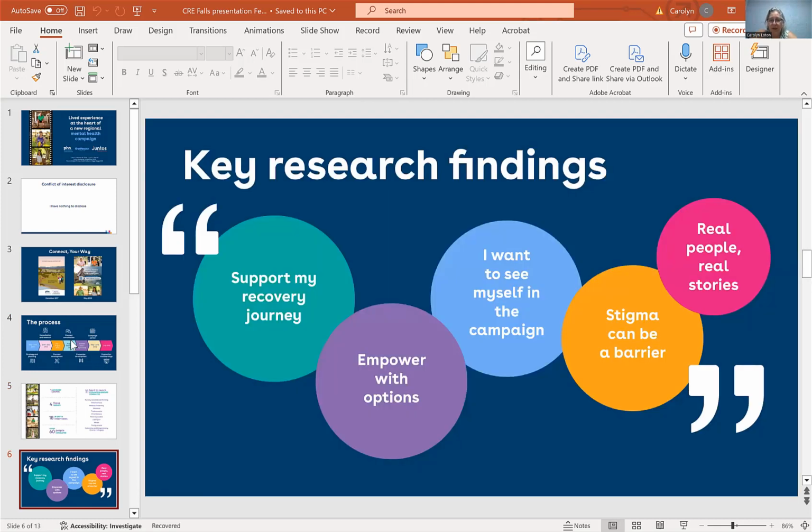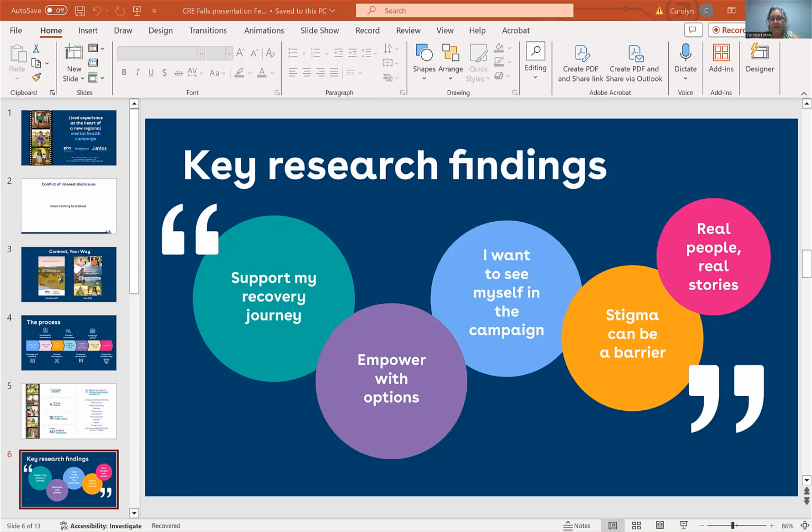What our research found were these 5 key messages. First, people see that they're on a journey rather than going to get well. Sometimes people want to fix a mental health problem, but it's more that people are on a journey to recovery or managing their condition. Second, people want to feel empowered. So they want access to more pathways, formats, and sources of information so that they can choose the type of help they want at the right time. For some people, it's an SMS message, and others might be a call or online.